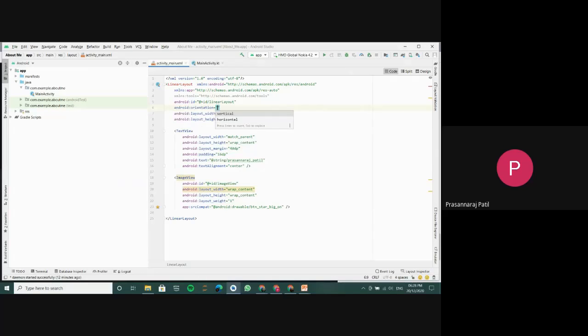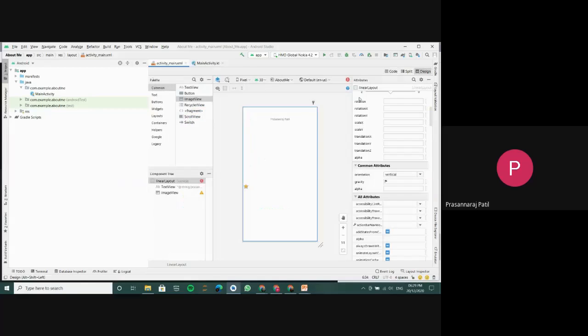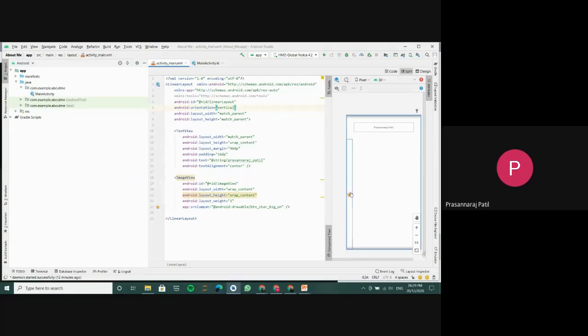So I will just add orientation of vertical. I have given vertical orientation. Now let's see. So the text view height is wrap content, width is